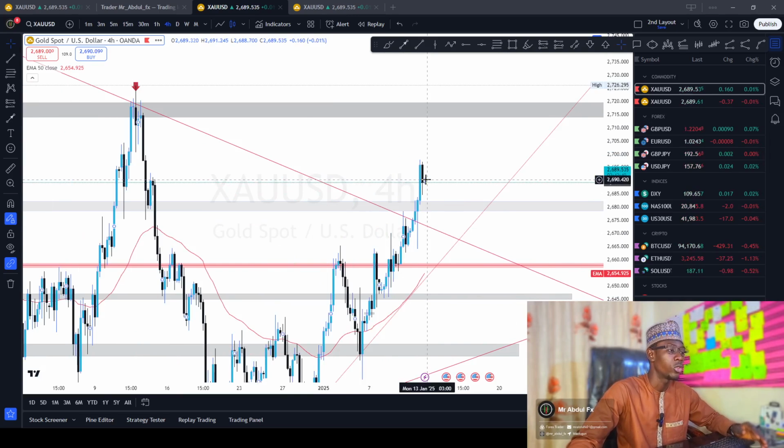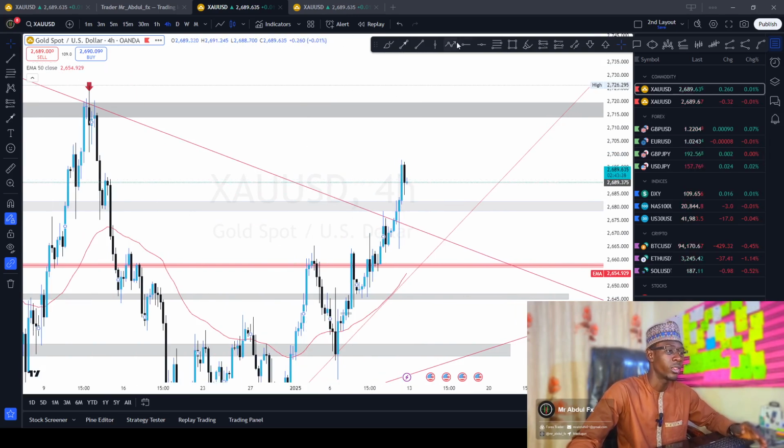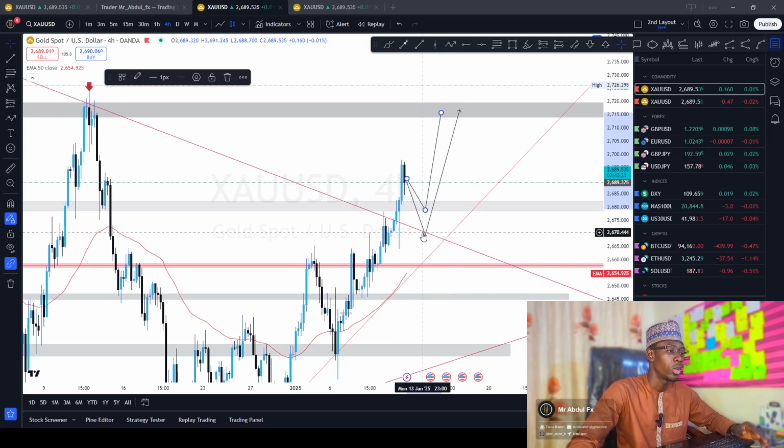It will be something like this, and then to this key level, or it doesn't have to retest the trend line, just retest this key level and then continue bullish. So if that is so,